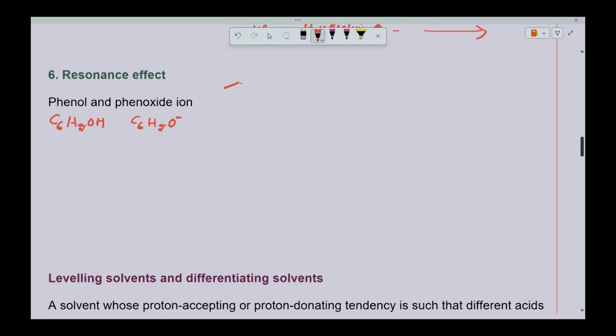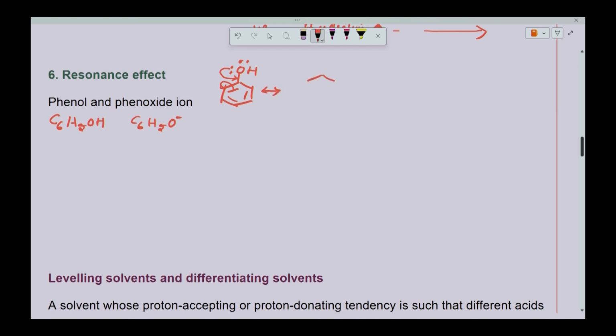So phenol, the three double bonds, OH with its lone pairs. Okay. Now this oxygen, the lone pair of oxygen gets into resonance into the ring. See, it utilizes this lone pair to form a bond over here, and what happens is this pi bond will be shifted to this corner. So you get one resonance structure,